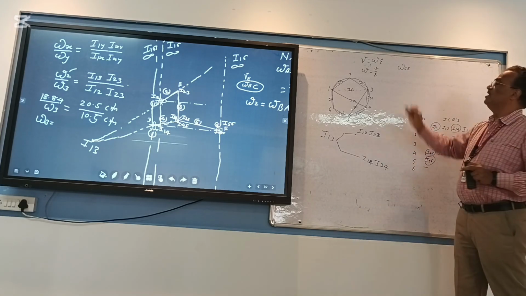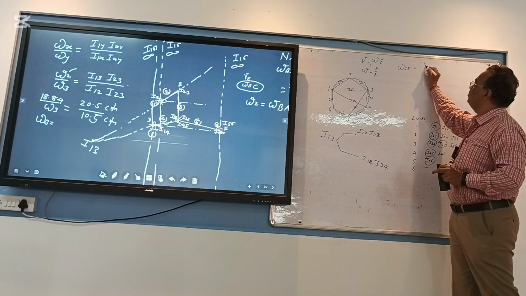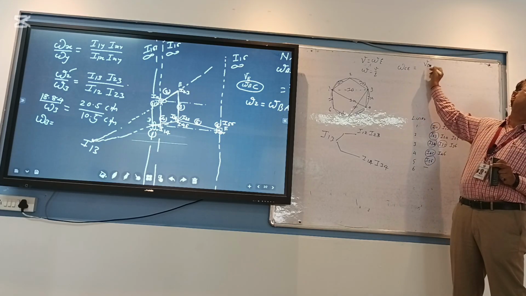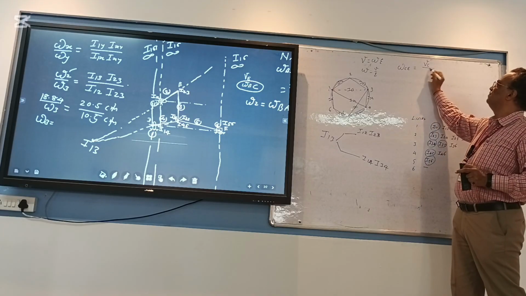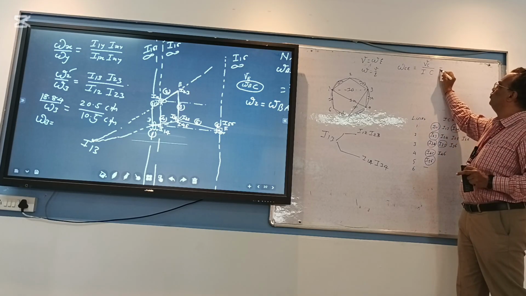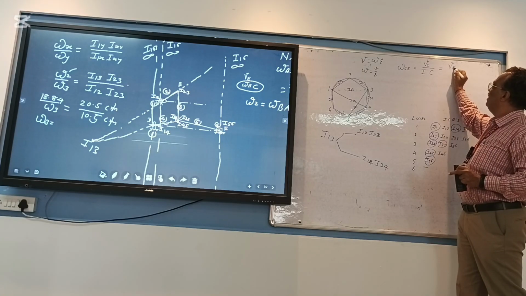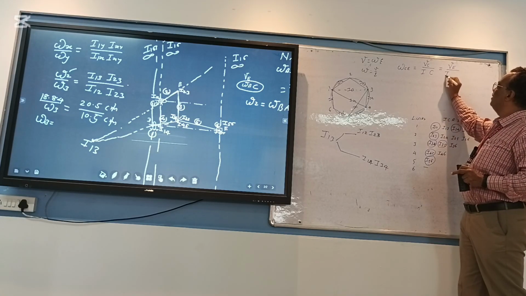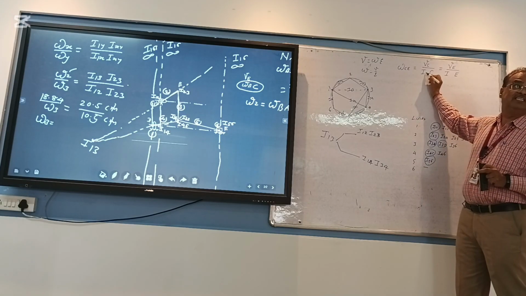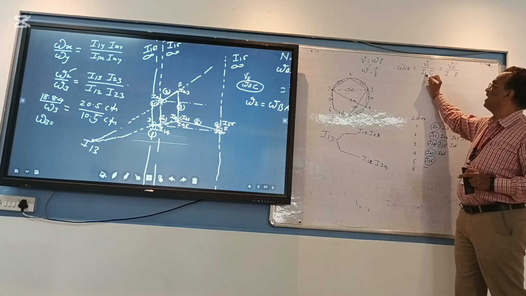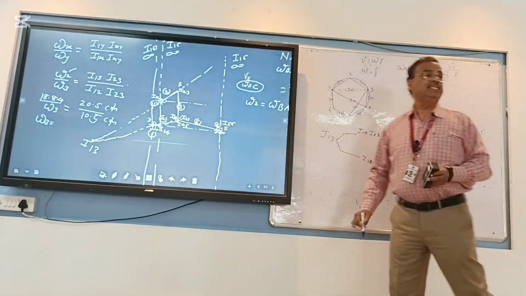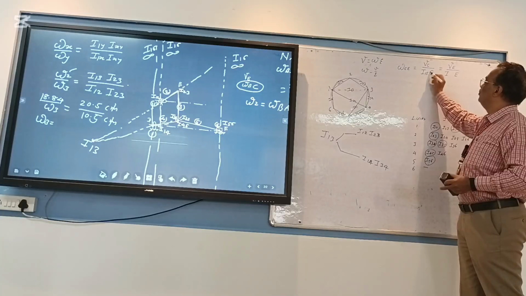Omega equals velocity of first point of that link divided by I multiplied by that distance, equal to the second point divided by I multiplied by that distance. Now यह I इंस्टेंटेनियस सेंटर जो है वो 1 के साथ CE का लिंक नंबर ढूंढो। कौन सा है CE का लिंक नंबर, 1 के साथ 5 जोड़ दो।